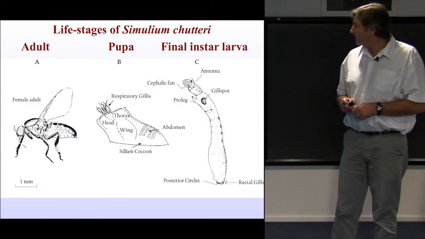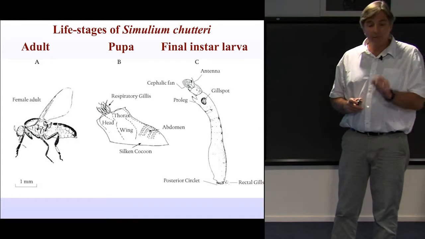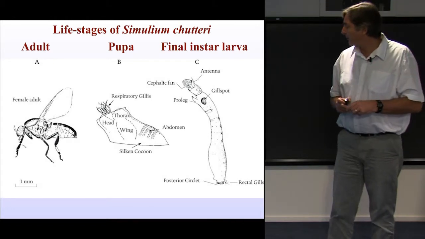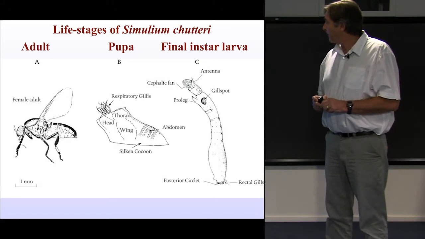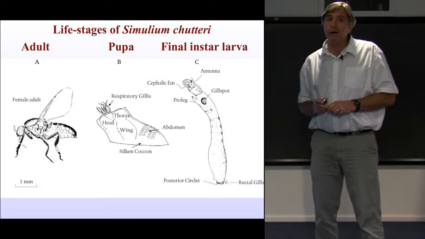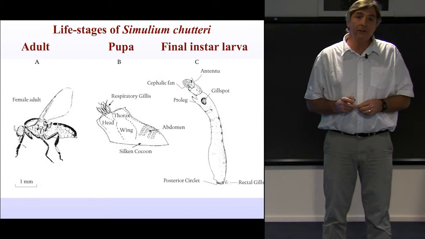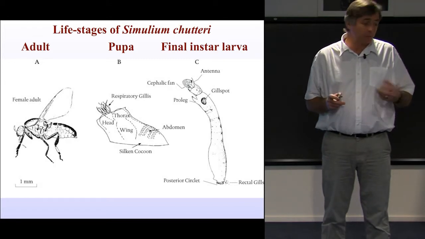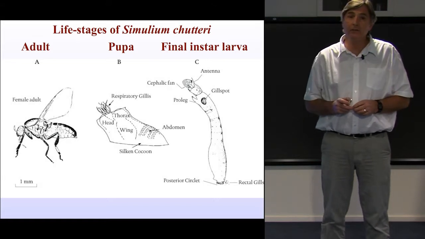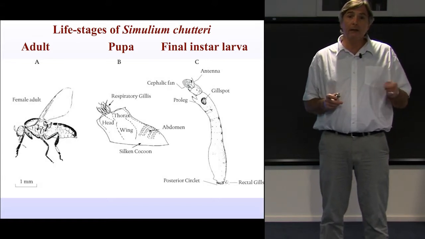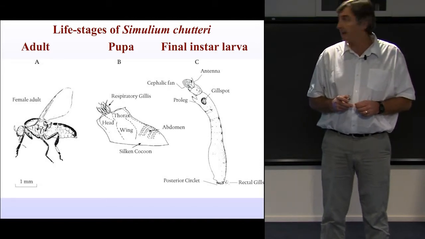Okay, and one of the consequences is that this little fly, Simulium chatteri, very small, about 9 millimeters long or so, which breeds in the river. So its pupal and larval life stages are in the water, like mosquitoes, and then it emerges as an adult. And also like mosquitoes, the adult female is a blood feeder on mammals, and particularly likes farm